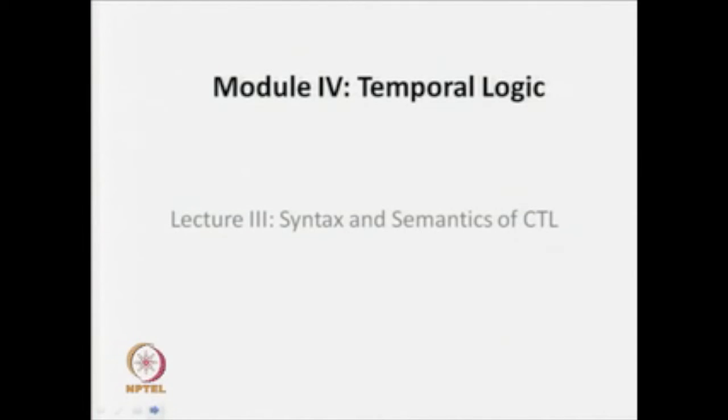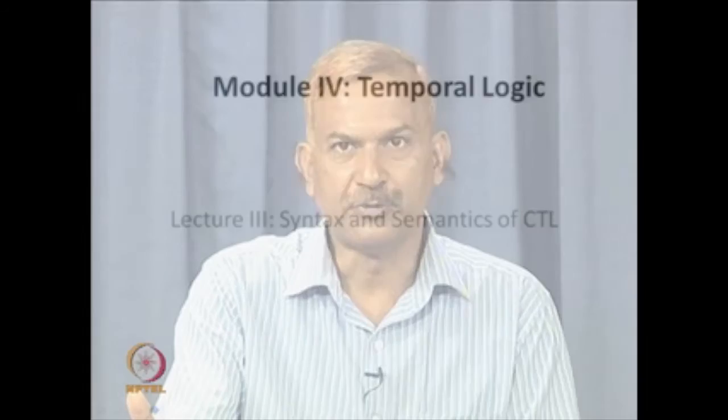So, in our last class, I introduced the notion of temporal logic and talked about the temporal operators. Basically, we can categorize temporal logic in two different ways: one is past temporal logic and the second is future temporal logic. And in future temporal logic, we discussed four temporal operators: one is next, second is globally, third is future, and fourth is the until operator,